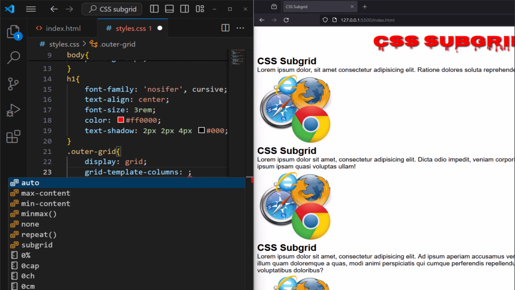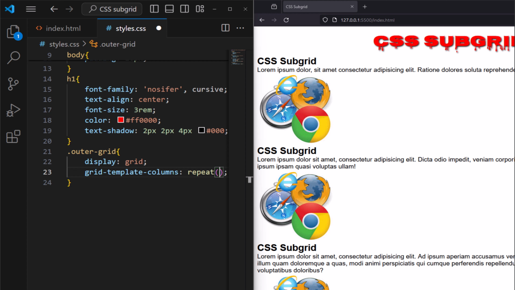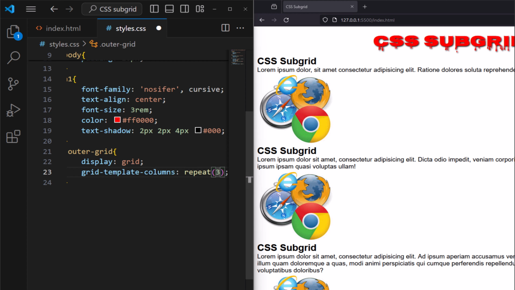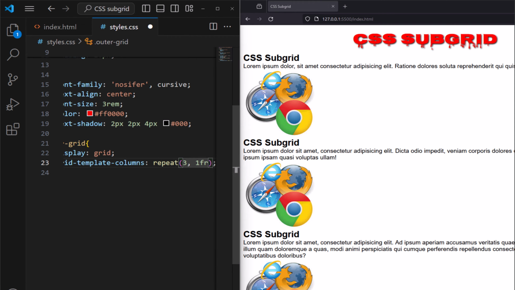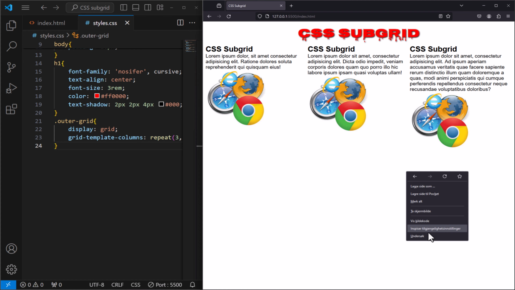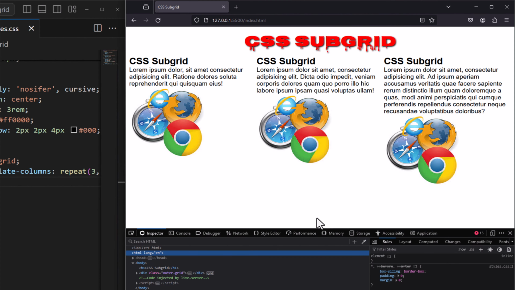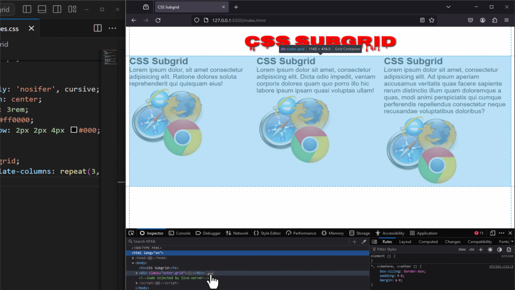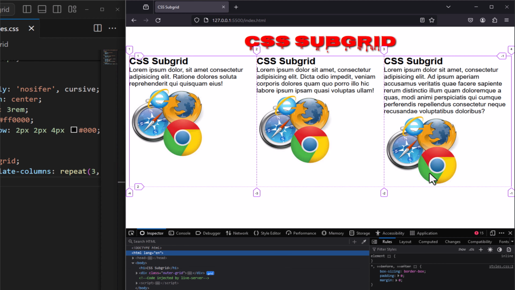And for grid template columns, I have 3 sections. So I say repeat, and for this I want 3 columns, each to have 1 fraction. And when I save it, you see, our item is automatically displayed inside our grid. To see this, we can open developer tools. Now if you open your developer tools and click on grid, here you see the alignment of each section